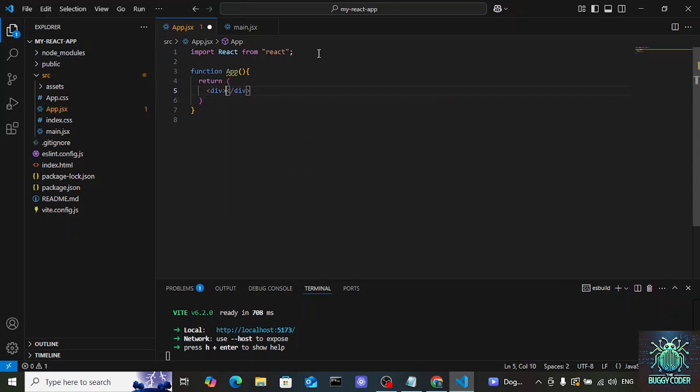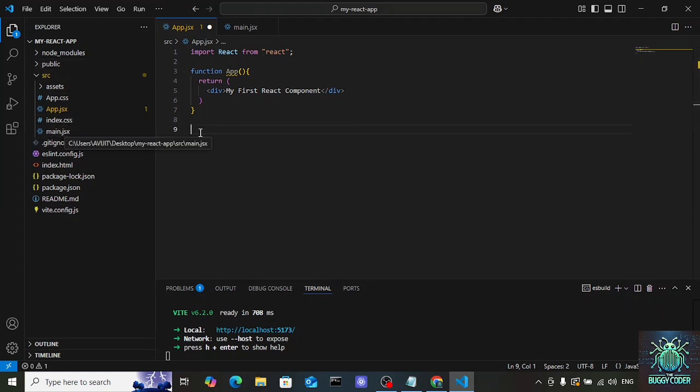Type: my first React component. Right? So it's okay. Now you need to export this function because we are going to use this function in